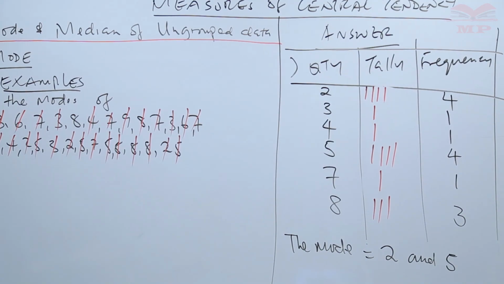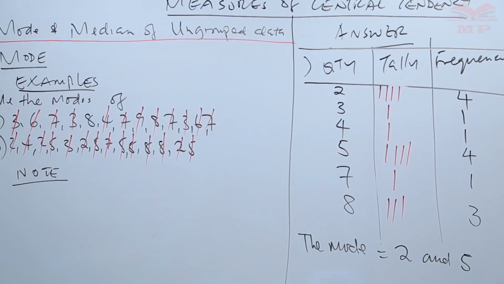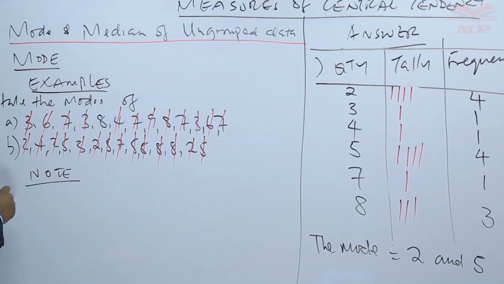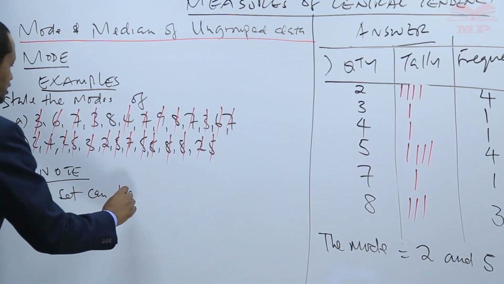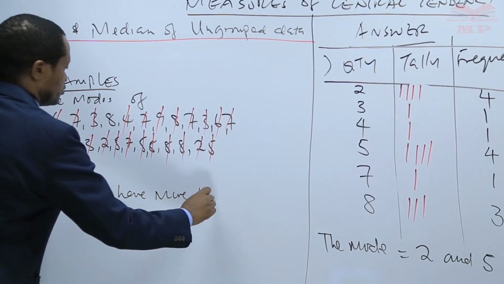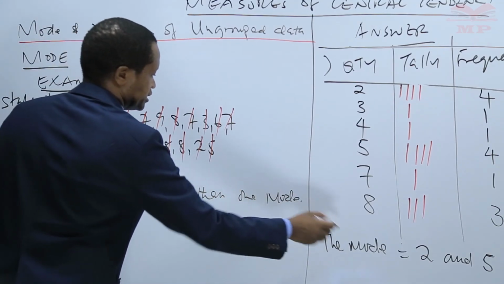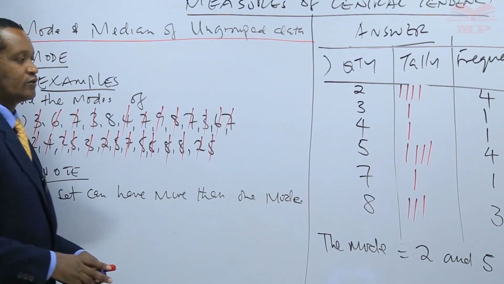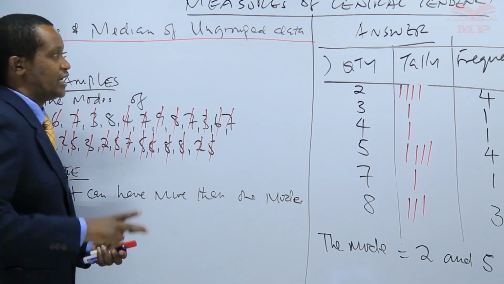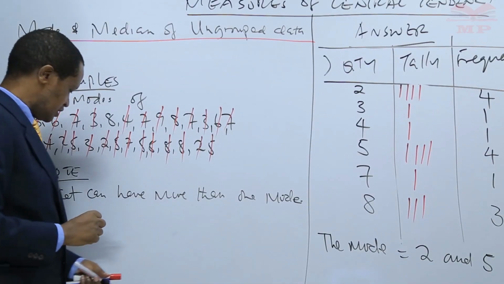A data set can have more than one mode. You write this one down, very important. A data set can have more than one mode, like is the case in this example. So that's how to compute or find the mode of ungrouped data. So let's move on